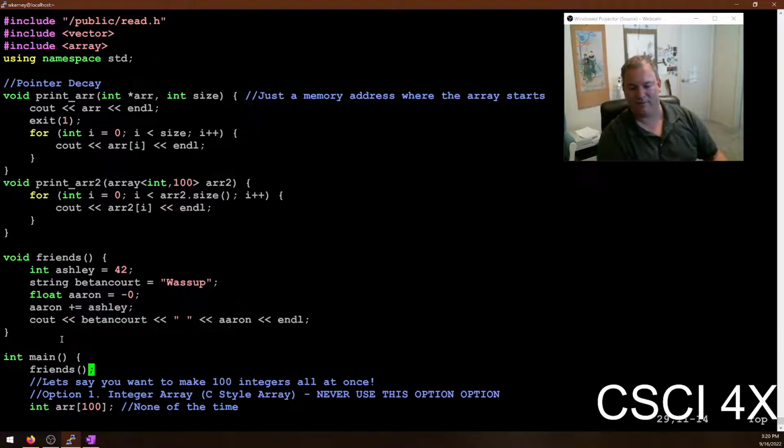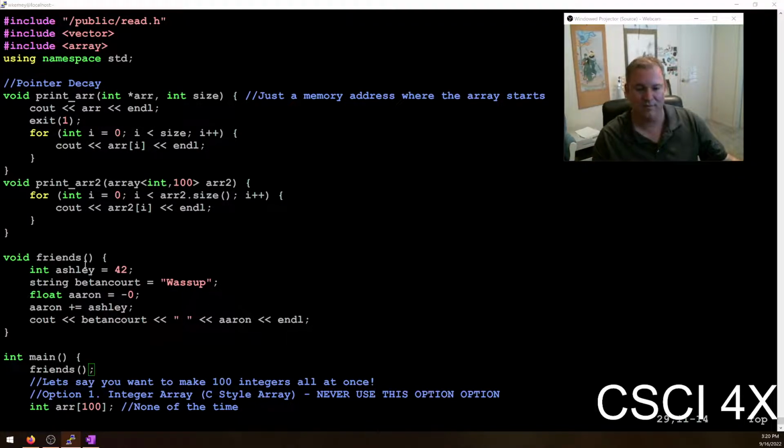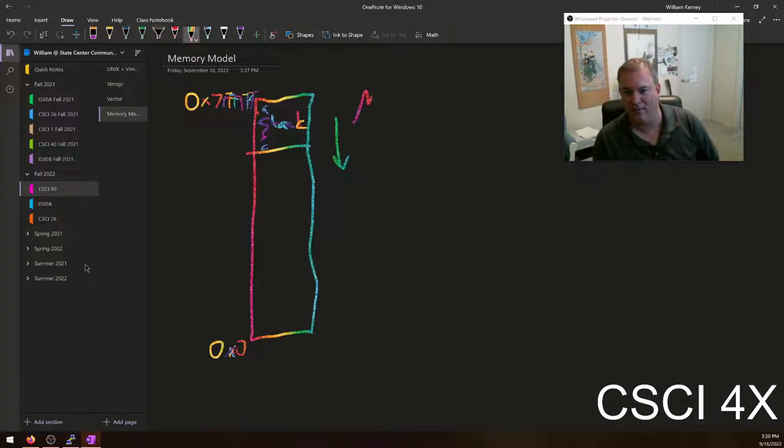So the point is, when I call this function, all these variables here need to be allocated. There needs to be room in memory for them to exist. And so when you start off, the only variables that exist are the variables in main. So all main's variables are here. And then when we call friends, there's something called the stack pointer. The stack pointer is normally pointing at the bottom of all these variables in main. And when we call friends,